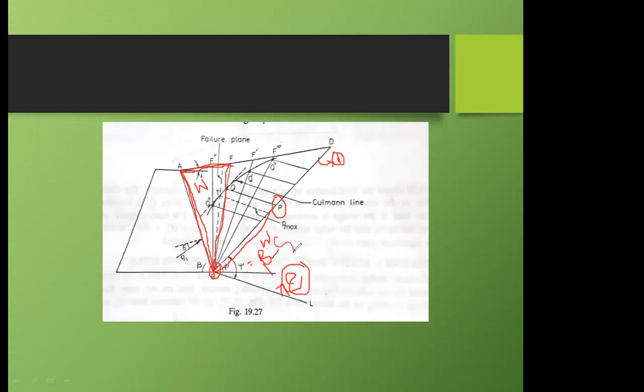Right. And what is the third step? Failure surface, ma'am. Right. We need to assume a failure surface BF. And we need to draw a horizontal so that a triangle can be formed. And for this, what is the fourth step? Yes, this is the third step. Assuming the failure surface is the third step. What is the fourth step?